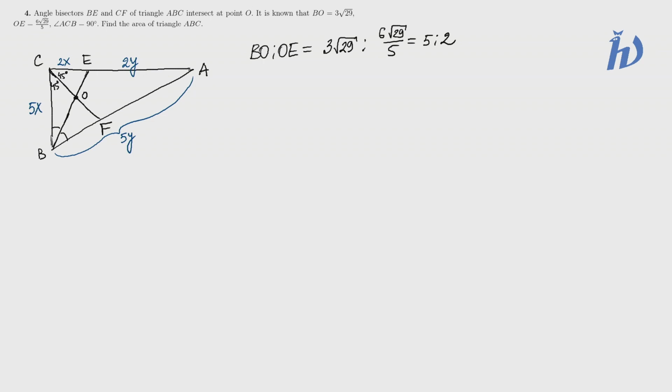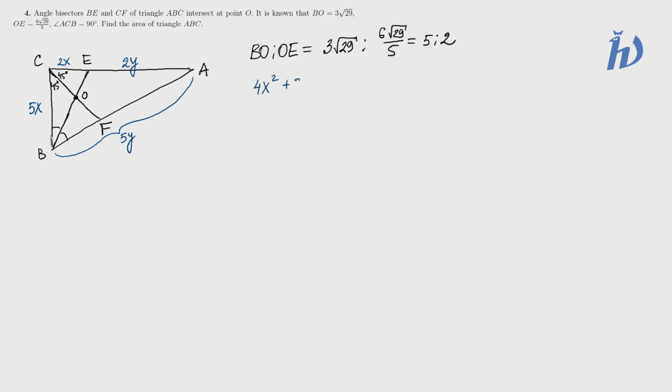And now we only need to use Pythagorean theorem twice. First we do it for triangle BCA. Oh no, not BCA, but BCE. There is only one variable here, it is x. So the legs of this triangle are expressed through x. And as for BE, it is known, and we get